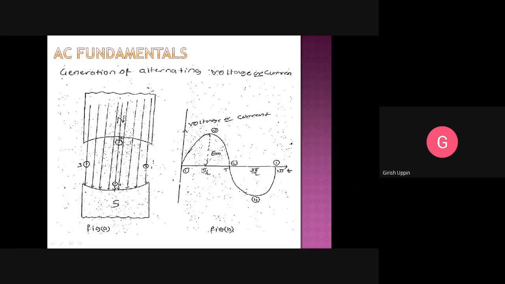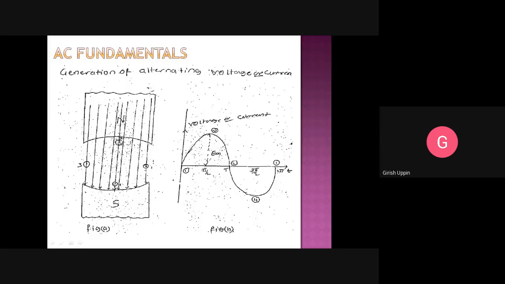If I represent this position, this is the angle pi. It has moved through this much time, pi, and the EMF induced is 0. Now we continue to rotate the conductor and take it to position number 4. At position number 4, this is the direction of motion, and this is the direction of the flux. So the angle between them is 90 degrees, the maximum angle. So the flux cut by the conductor is also maximum, and the EMF induced in that conductor is also maximum.